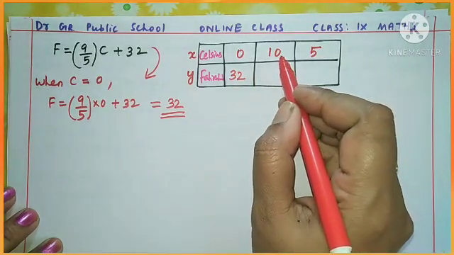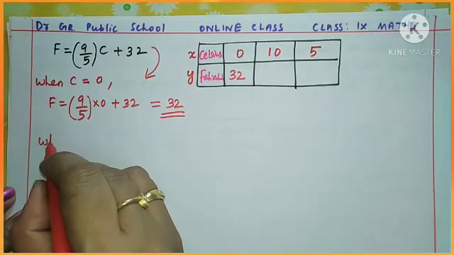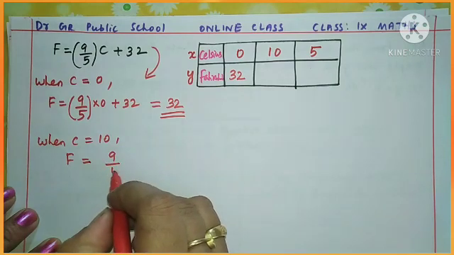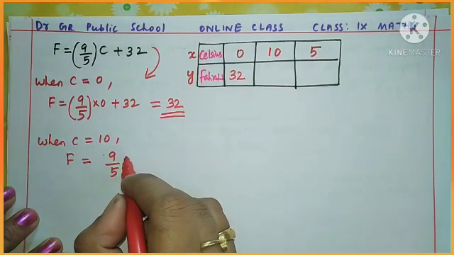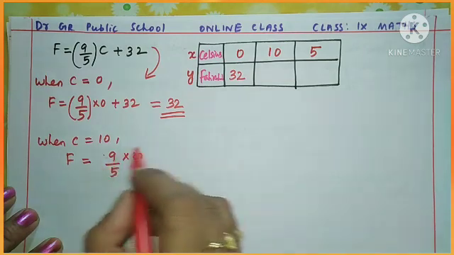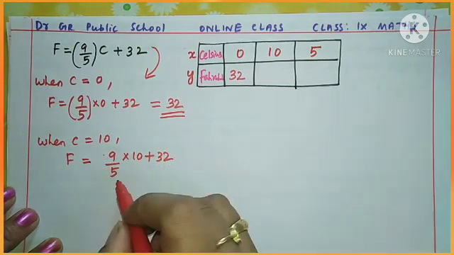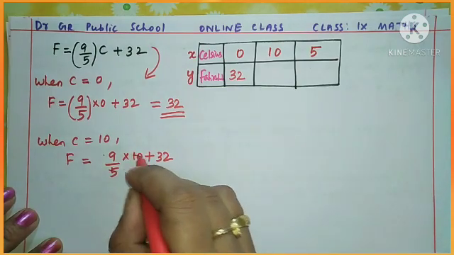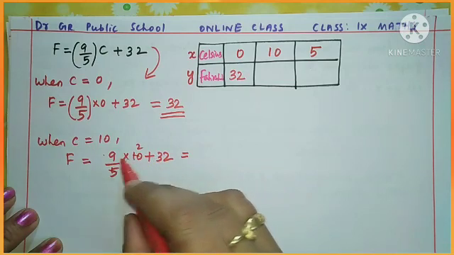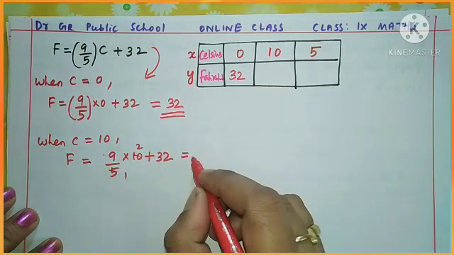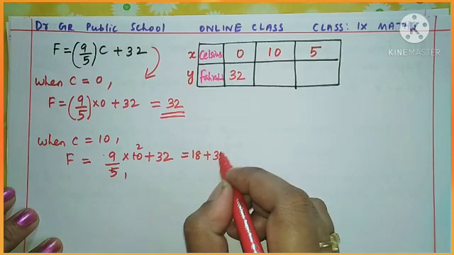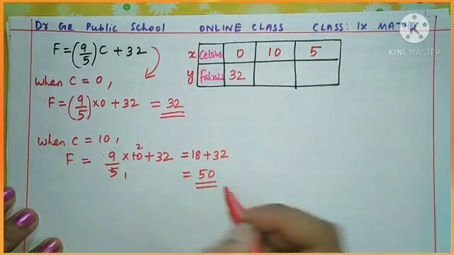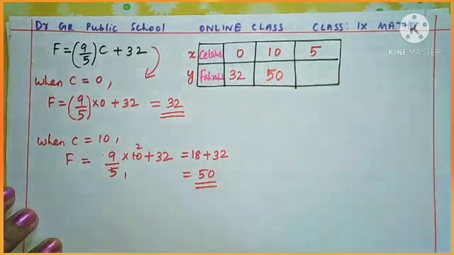Now you take the value of C as 10. When C is equal to 10, what happens to the relation? F equal to 9 by 5 into 10, I am just putting the value so no need of bracket, plus 32. Now you see this 5 and 10 can be easily cancelled, no? 1 5 is 5, 2 5s are 10. So what is the answer now? 9 into 2, first you want to multiply, 18 plus 32. What is 18 plus 32, children? Yes, it is 50. So second value you got for F is 50.